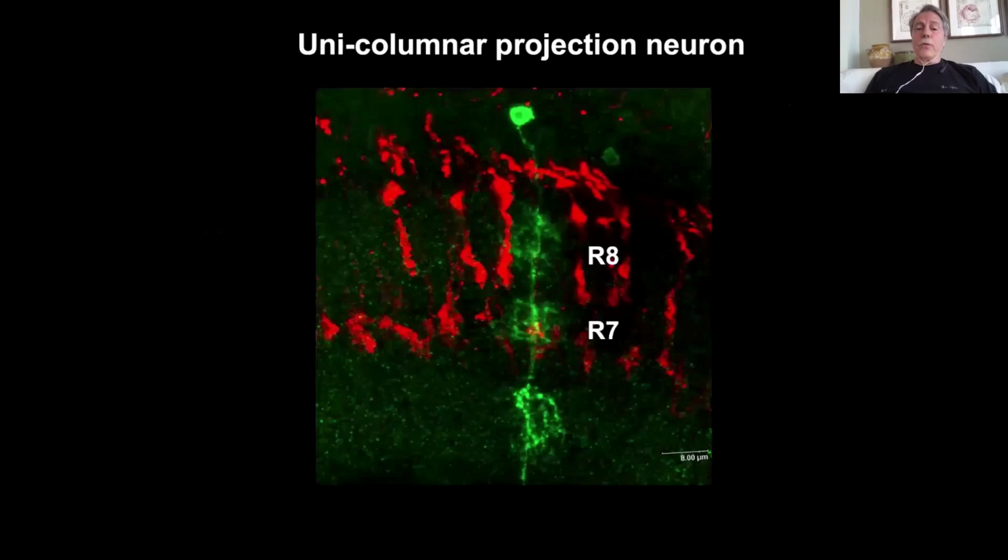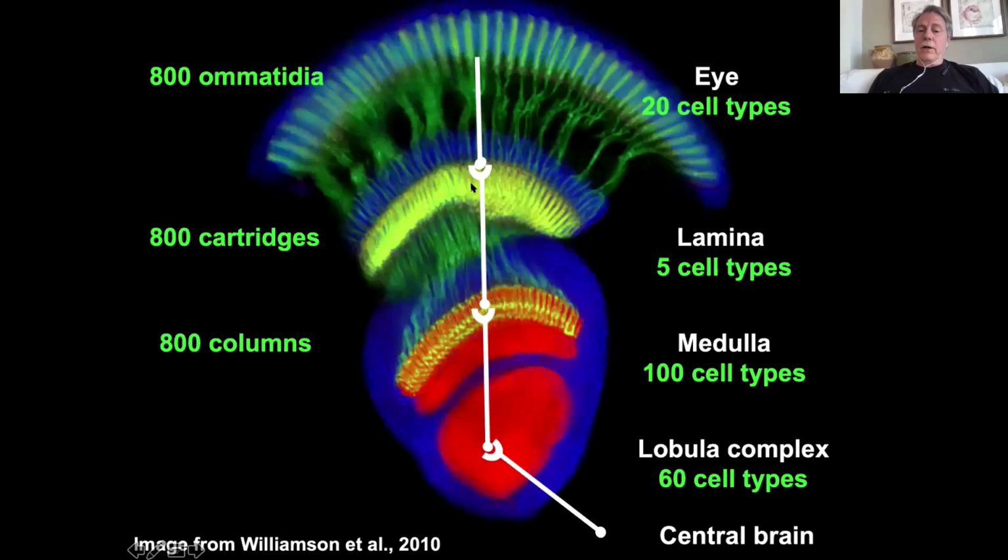So we can actually define them here by their morphology. And what you have here is basically a close-up of this part of the medulla, for example. And you have one neuron in the blue region here, which is mostly the cell bodies. They are going to project into the red region and somehow connect to the photoreceptors, which are the green part here. So if you take one single neuron, you can see how it is going to be projecting.